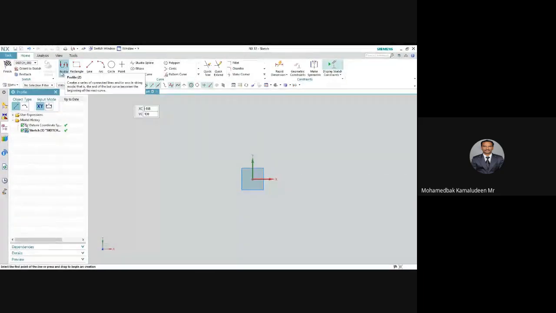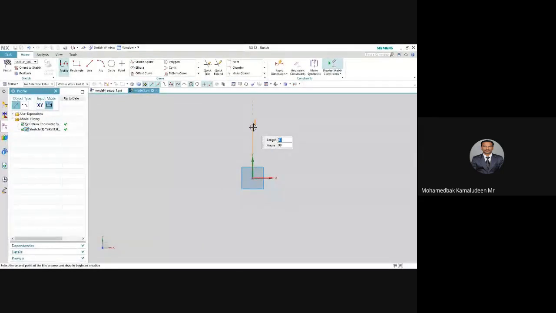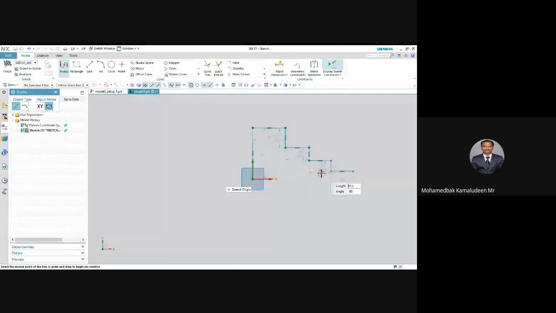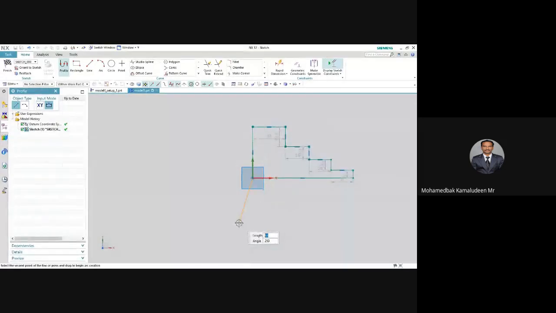Select the continuous profile line and draw the step bar. Escape and finish.